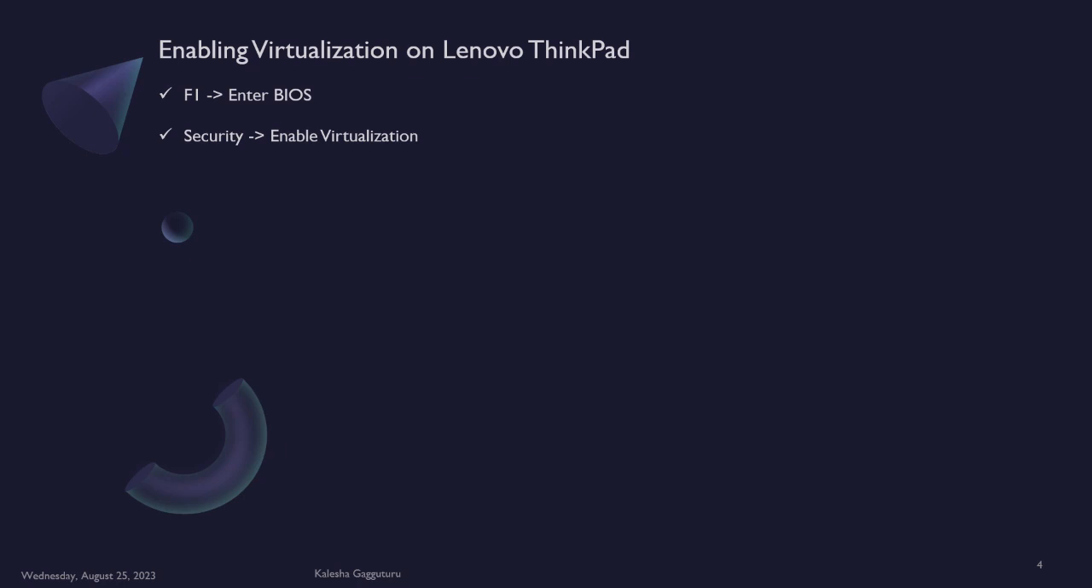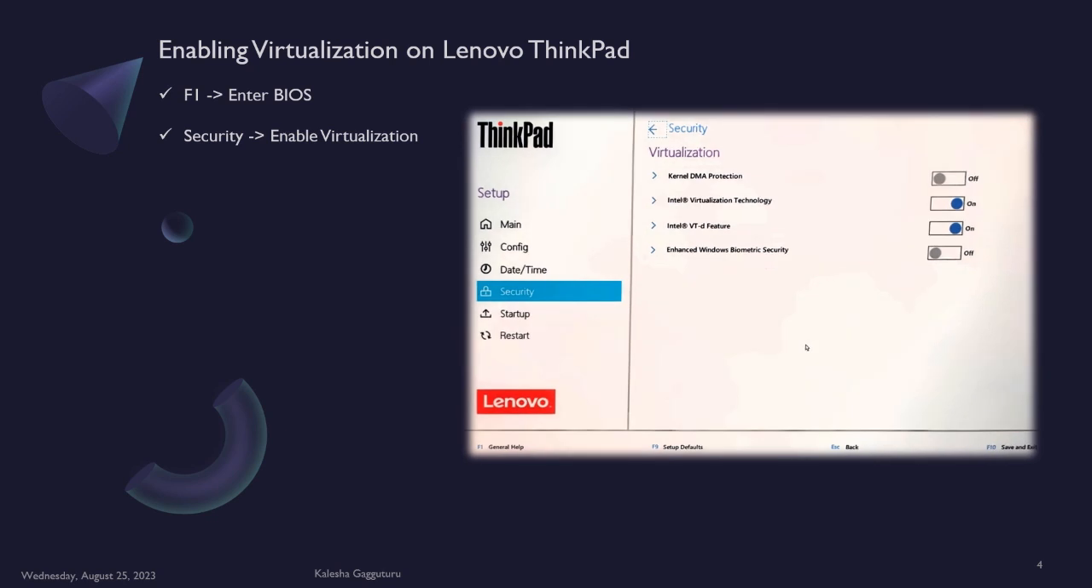Normally on a Lenovo ThinkPad, when we are starting the OS, you can just press F1, which will take us to the BIOS level. In the BIOS, you have to go to the security option, and then you can enable virtualization from there. It will look something like this. When you enter the BIOS, you will have the ThinkPad Lenovo BIOS settings, and then